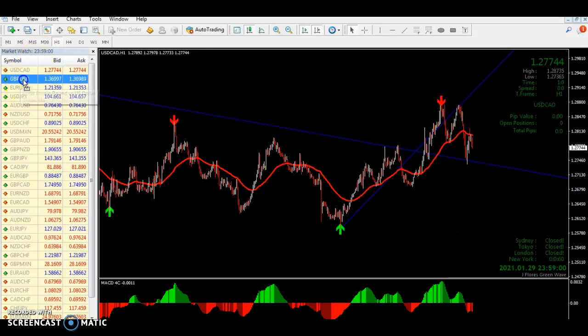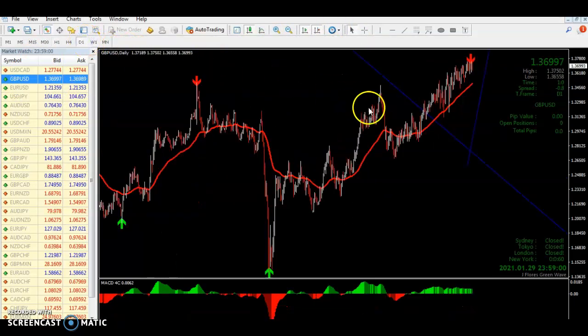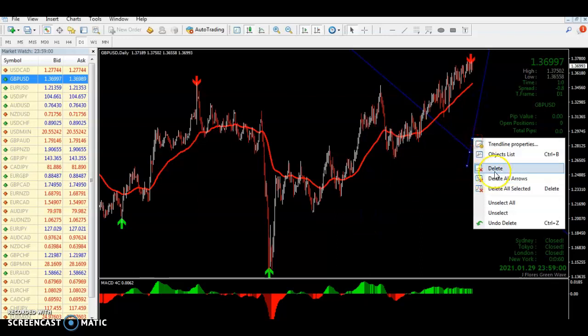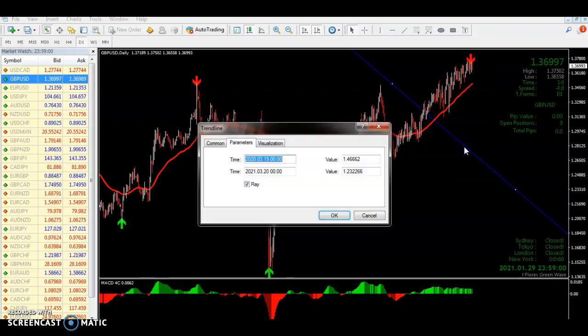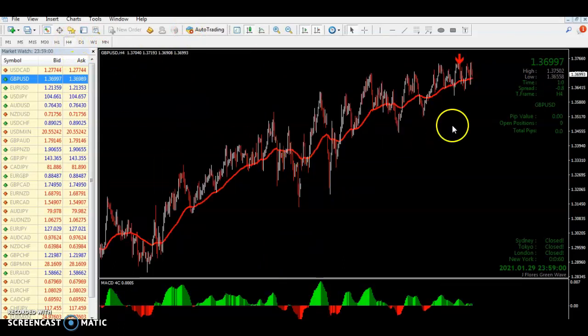Now GBPUSD real quick, the daily. Get rid of these lines right here, delete and delete. Okay, so daily, I want to get this low right there and go from there, because this is a long move right there. So I'm just going to go from here,